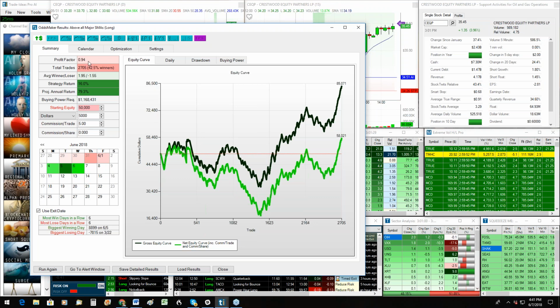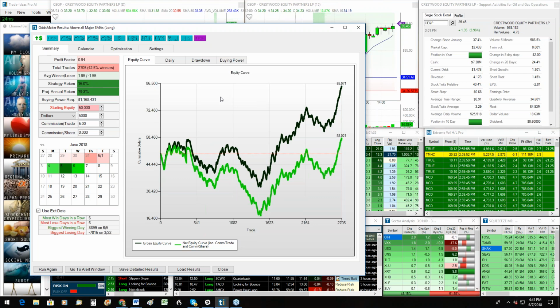In other words, if you had 100,000 in profits and 100,000 in losses, it would be 1. So in this case, we have almost 3,000 trades and only 42% winners. Not bad. I mean, it's not all that great. You can see the average winner is $1.95 and the average loser is $1.55. So this is not bad. You can kind of see the histogram there and its profits,